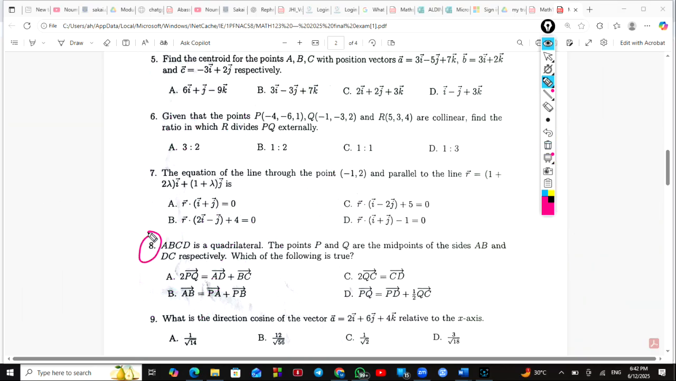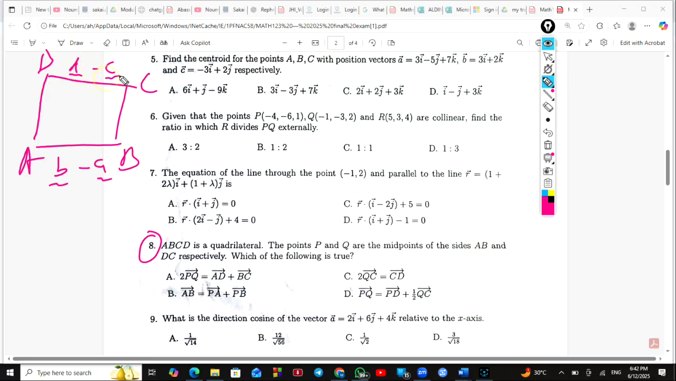So here in question 8, it states ABCD is a quadrilateral. The points P and Q are the midpoints of the side AB and DC respectively. Which of the following is true? Okay, so ABCD, as we know, is a quadrilateral. So this will be the vector b minus the vector a. This will be the vector d minus the vector c, and this will be the vector